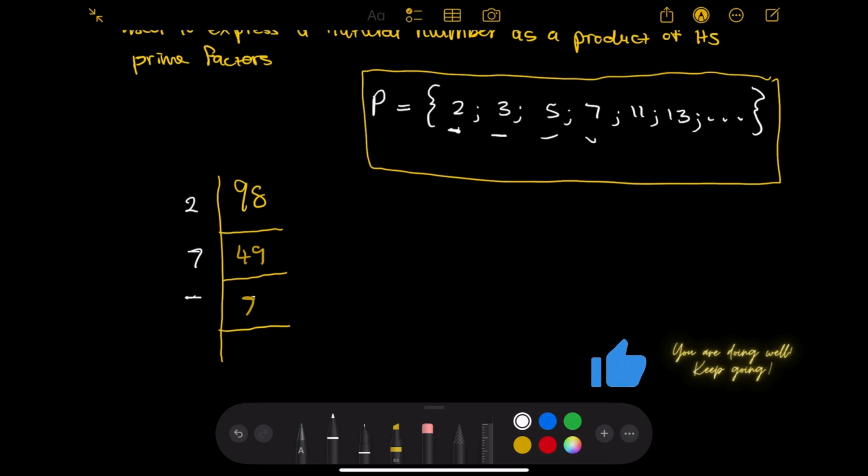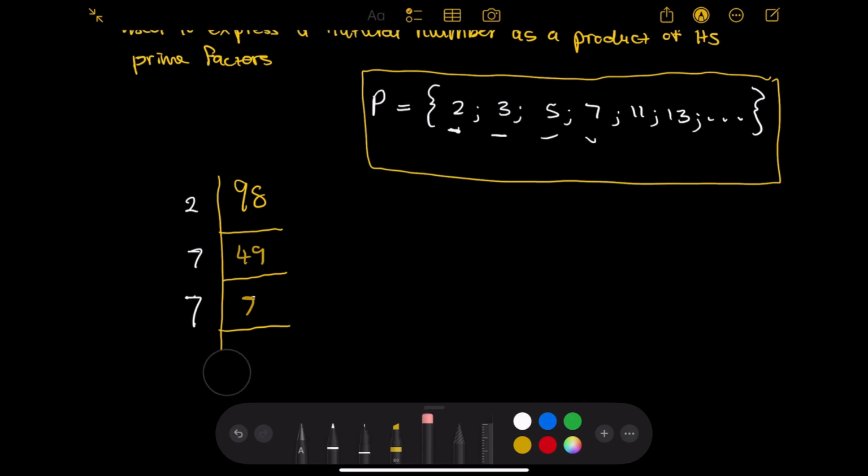Then I know what number is divisible by 7 without leaving a remainder. Its smallest prime factor is 7, because we know the factors of 7 are 1 and 7. 1 is not a prime number, so the only prime factor, or the smallest prime factor, of 7 is 7. Then 7 divided by 7 gives me